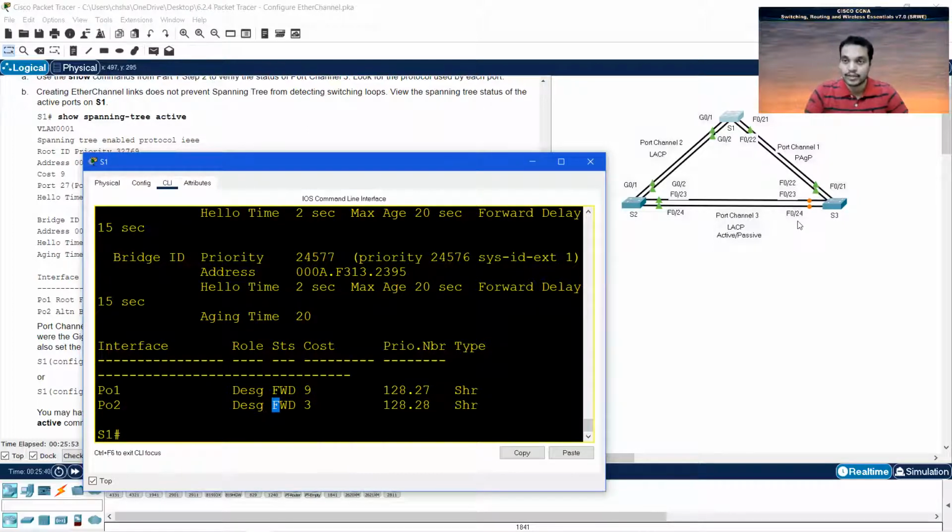This is how spanning tree works even when you configure EtherChannel. This is a very good activity where you will be able to understand the concepts that we learned in spanning tree as well as EtherChannel. We configured both the protocols. Though we say two protocols are there for configuring EtherChannels, it's just one word that we change: either mode active or mode desirable, or the other one, mode passive or mode auto. That's all. Nothing more than that.